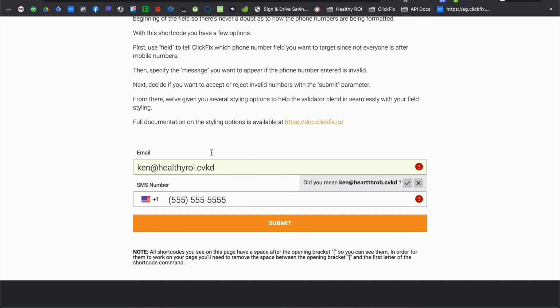meaning that you're no longer going to have all those hard bounces or those unreachable text messages, because if you're using Twilio directly, you know this, but Twilio actually charges you for the unsuccessful messages as well. It charges you for the message attempt, not necessarily for the message delivered, which means that if you are generating hundreds or thousands of leads over the course of a year, that means that every time that you have to send a text message to a fake number, you're getting charged for it. And with the emails, it means that you're lowering your domain reputation. It means that you are stacking up hard bounces, which means that more of your emails are going to go